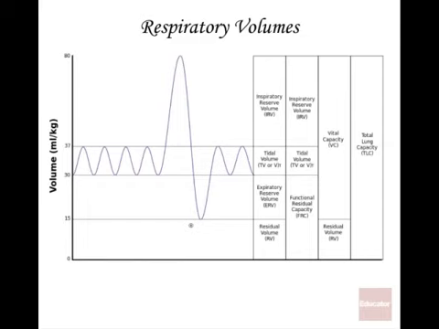Now, if you get hit really hard, let's say in the abdominal area, that could cause someone, they say, oh, they've lost their breath, they got the wind knocked out of them, is another way for that to be expressed. That could cause some of that residual volume to be expelled, and the person's going to have trouble breathing. So it's good that residual volume is kept in your lungs so that your lungs don't collapse.